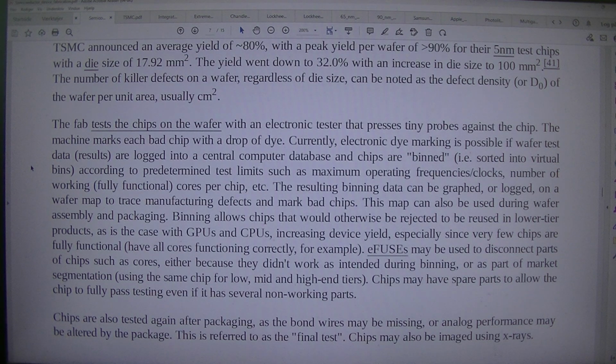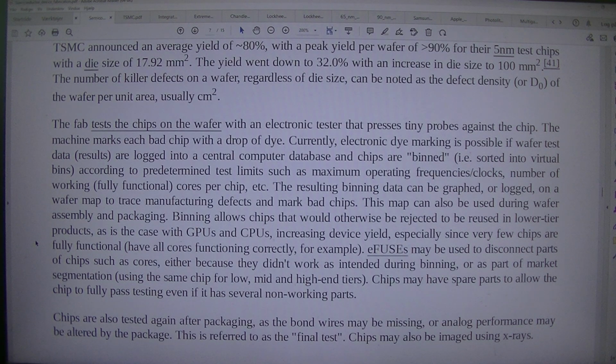The resulting binning data can be graphed, or logged, on a wafer map to trace manufacturing defects and mark bad chips. This map can also be used during wafer assembly and packaging. Binning allows chips that would otherwise be rejected to be reused in lower-tier products, as is the case with GPUs and CPUs, increasing device yield, especially since very few chips are fully functional,